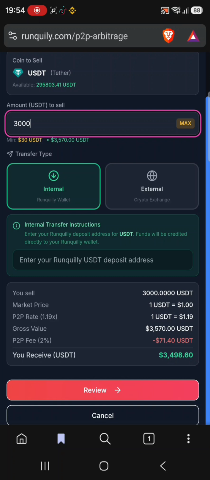So it is fiat and cryptocurrency. I know you've been asking yourself, how do these people make money? It is like buying something in a wholesale, then you go and sell it in your local market. So that means you'll sell it at a profit. So that's how crypto arbitrage trading works.